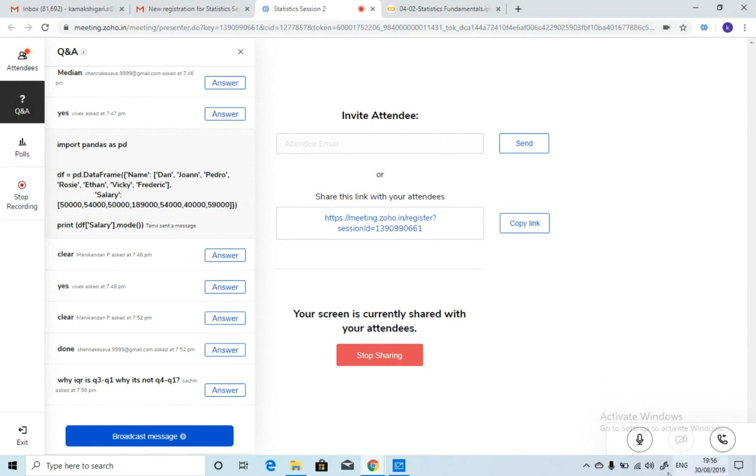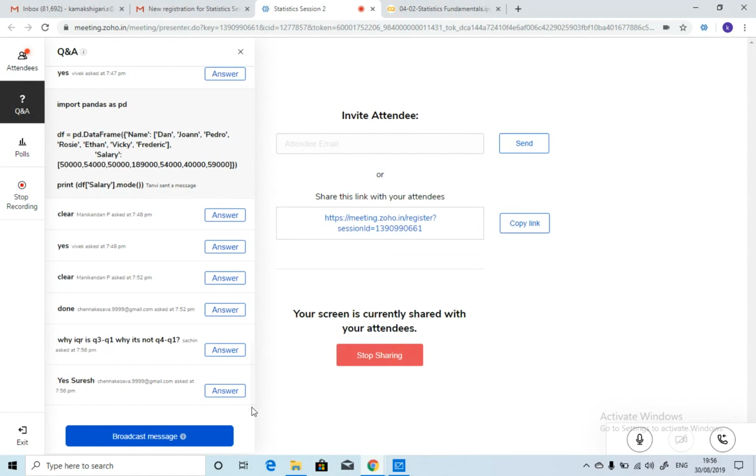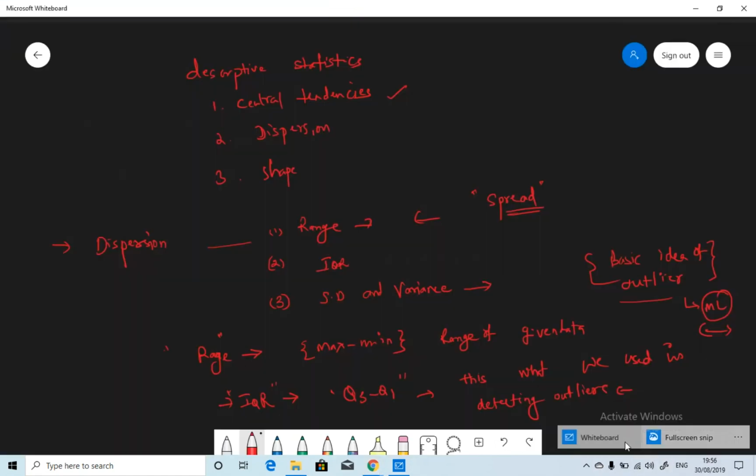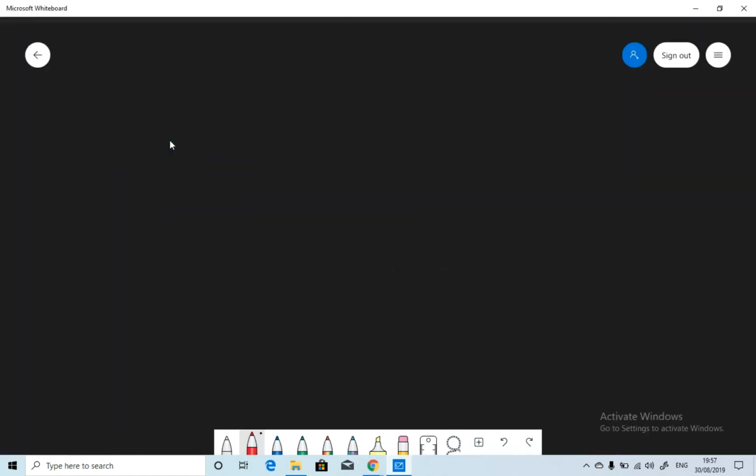Sachin bhai, can anybody answer this one? Why Q3 minus Q1? Why not Q4 minus Q1? Good question or not good question? It's okay. Sachin bhai, when we are having the data and you do the box plots,